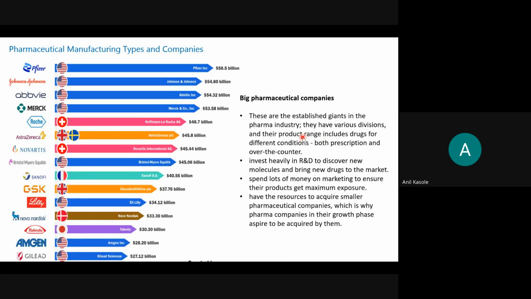Of course, every small specialty or generic and brand company always needs to follow compliances, but they are very strict. And as we can see in the comparison, they always invest in R&D because they want to launch new products regularly or frequently, either way. So it requires a specific R&D setup in order to develop these molecules and a go-to-market strategy. So this is, at a very high level, what those different types are.